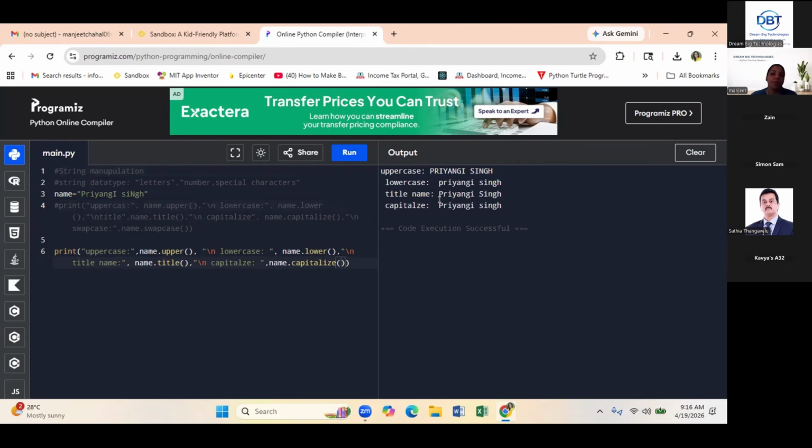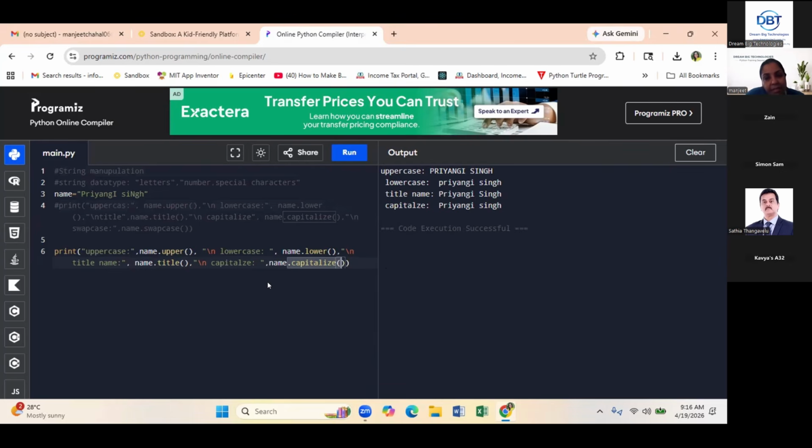Okay, now see the difference. Observe the code, all of you, and let me know the difference between title and capitalize. See the code and tell me. So with title, every word's beginning character is uppercase. With capitalize, only the first word in the sentence is uppercase.